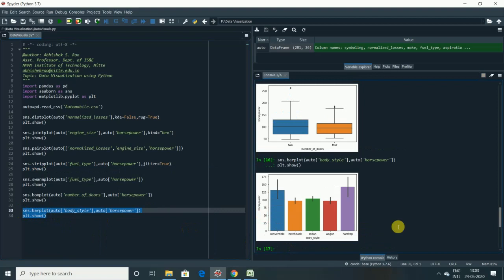Yes, so it is displayed here, guys. As you can see, there are 5 different types of body styles here, which are convertible, hatchback, sedan, wagon, and hardtop. And these lines that you see at the top of these bars are nothing but the confidence intervals that are created for the distribution of the information.